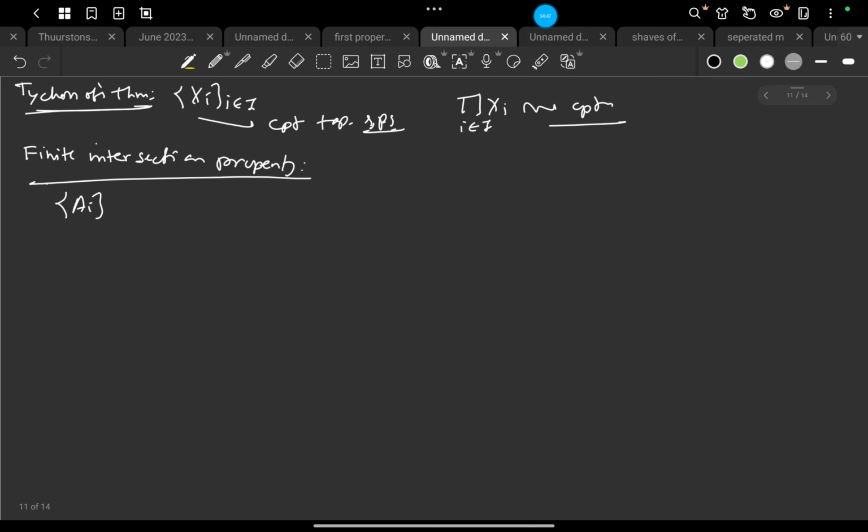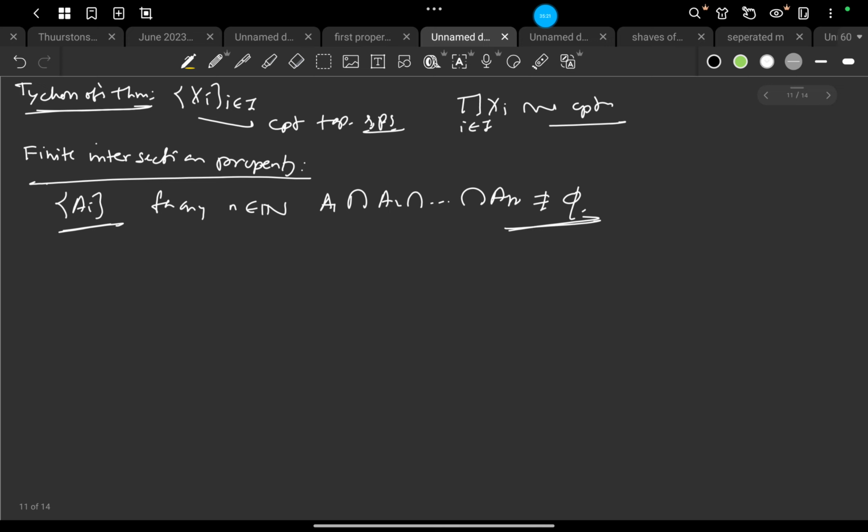This collection is said to have the finite intersection property if for any n belonging to the natural numbers, the intersection A_1 ∩ A_2 ∩ ... ∩ A_n of any finitely many A_i's I choose is non-empty. Whatever finitely many sets I choose from this collection, their intersection must be non-empty.